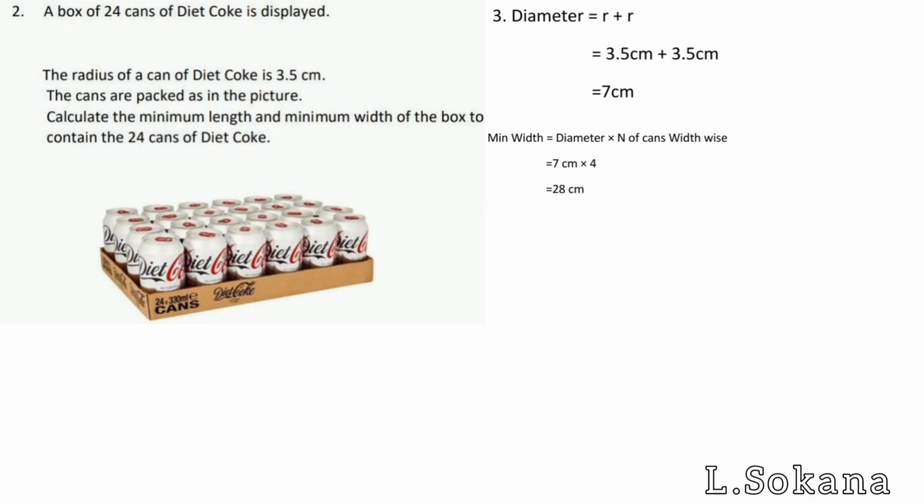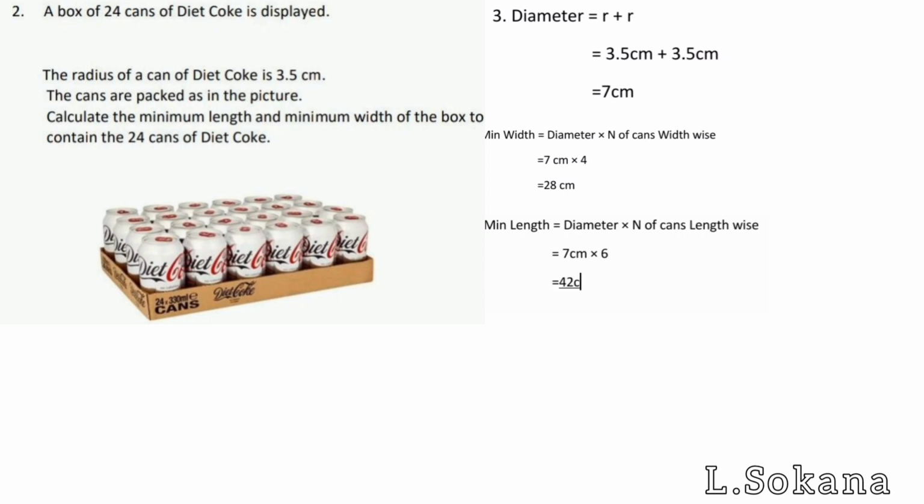Moving on to minimum length. Minimum length is equal to diameter multiplied by number of cans lengthwise. So it's 7 centimeters multiplied by 6. That gives us 42 centimeters. So our minimum length is